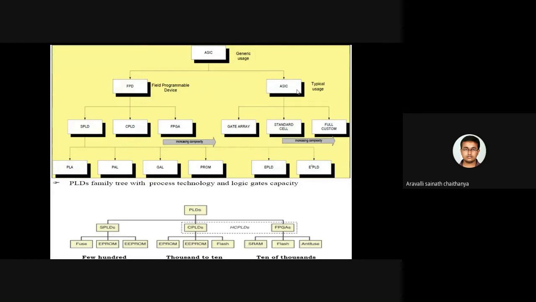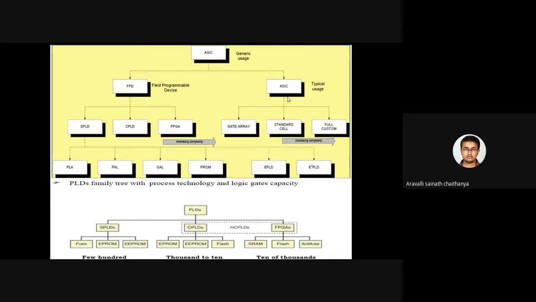But coming to ASIC, that is application specific integrated circuit, once the chip is realized, the chip is dedicated only for that task. It is application specific, so that chip will work only for that application. It won't serve any other applications.